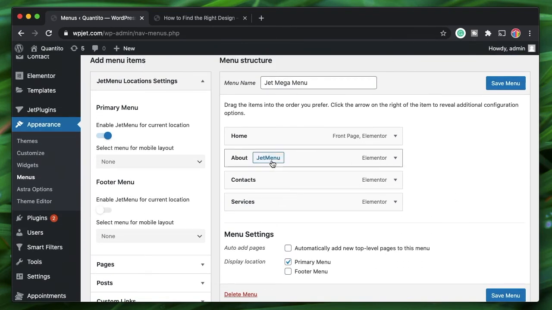And when you hover over each of the menu items, just click on Jet Menu, put any Elementor content there, save item, save menu, and once you are done creating the menu, put it in your header using either Elementor Pro's theme builder or JetThemeCore theme parts or theme builder. That's how you do it. Just drag the mega menu widget over there and it will have the created mega menu.